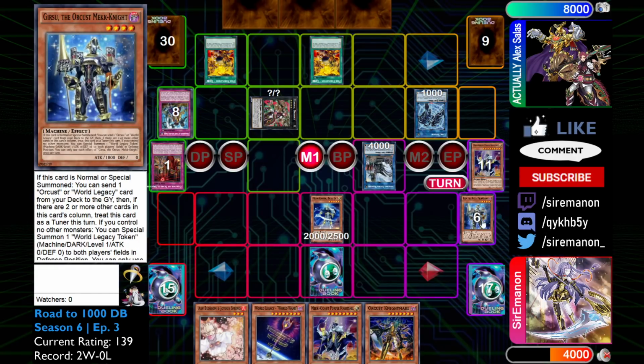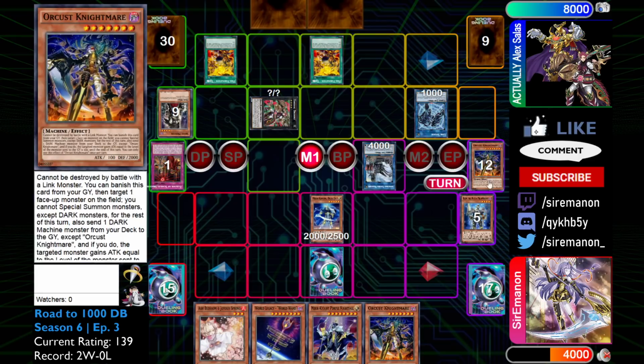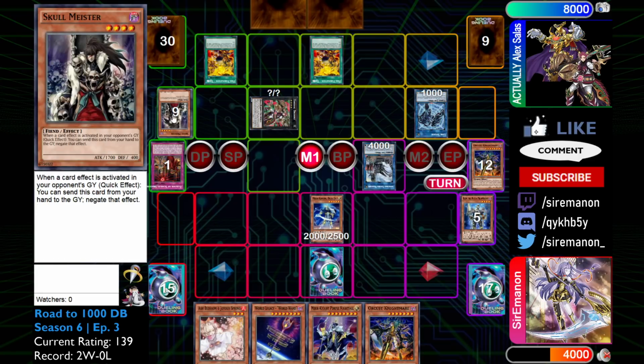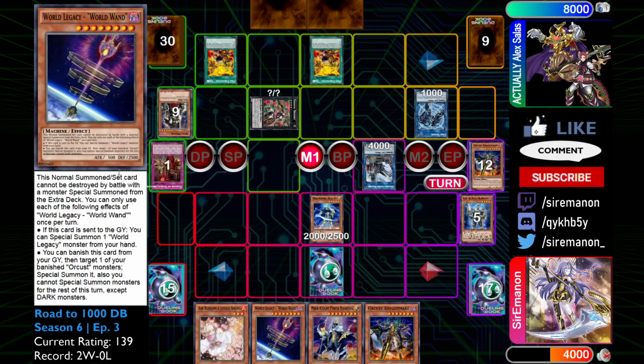But I also want to use my Orcust stuff too, which obviously is going to lock me out of dark or out of non-darks. So here I use Orcust Nightmare, and then I get Skullmeister, and I'm thinking, wow, that's super unfortunate, because think about it. If this was a World Legacy World Wand, it has two graveyard effects. So